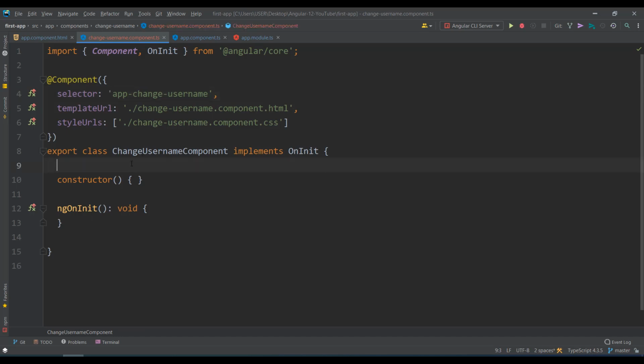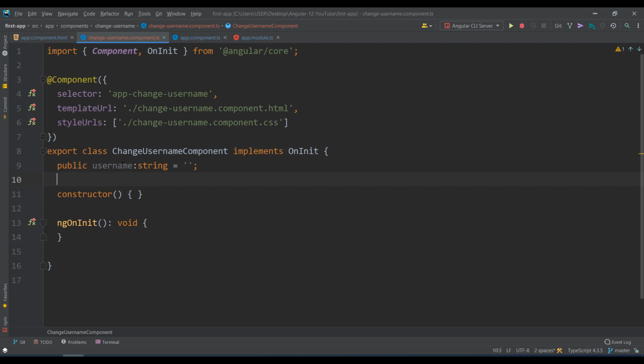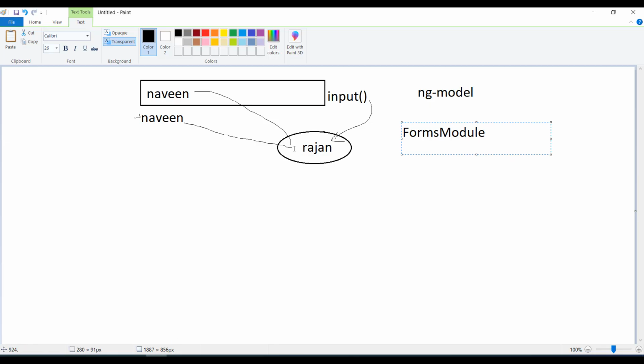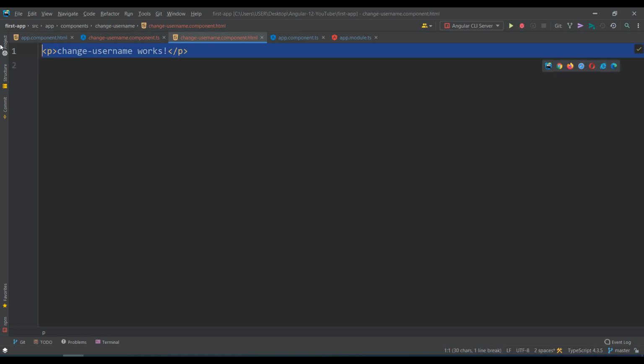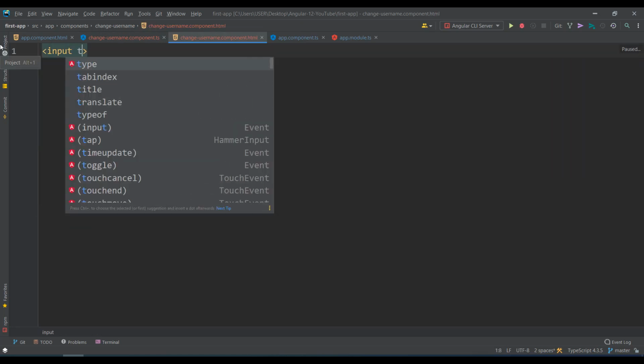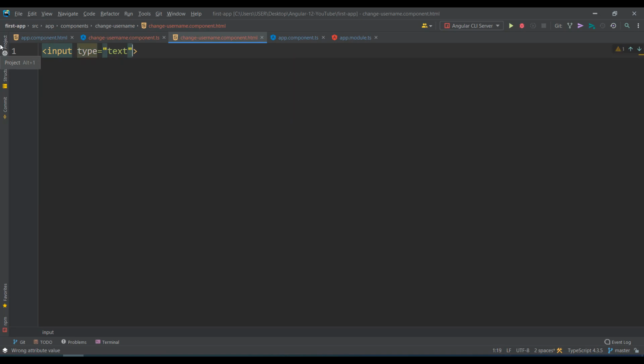So first, what I do is I create public username of type string is equal to empty string. So I have taken a username with a string value. You should take something in a state and bind it to the value property of the text box. For example, for the time being, I give my name because I should know what is being bound. If it is empty data, you can't see what is bound, right? So I take my name and I go to HTML. Here I add an input, type is equal to text, with the class form-control, and then below it an h3 where I write username.